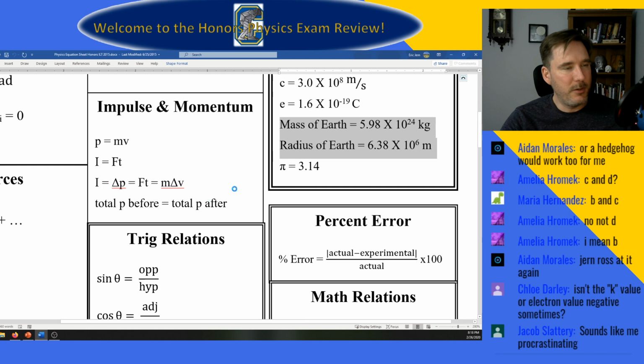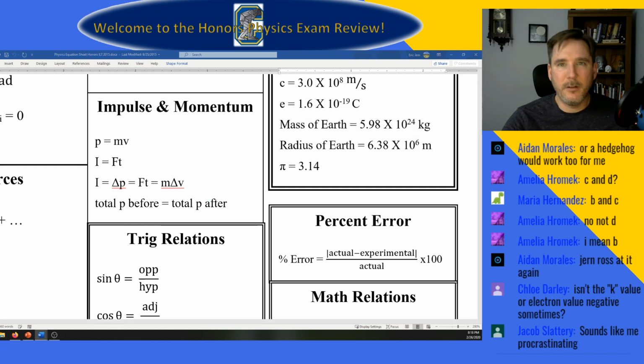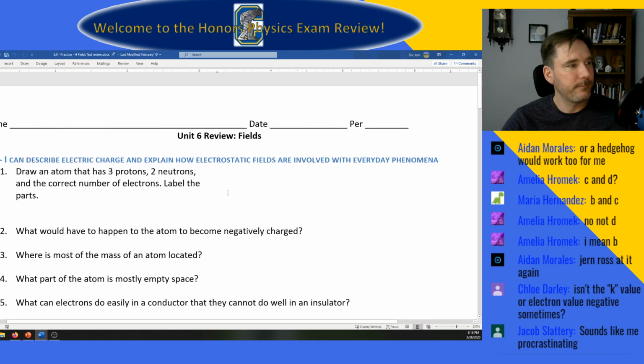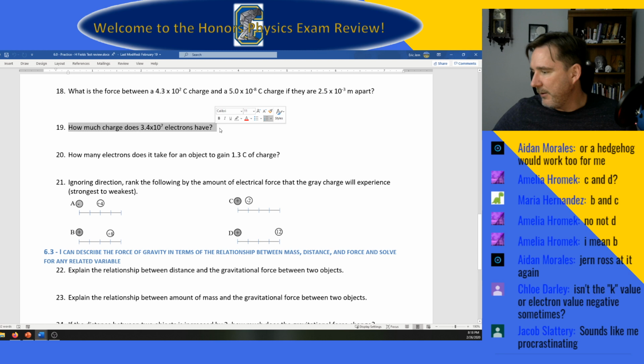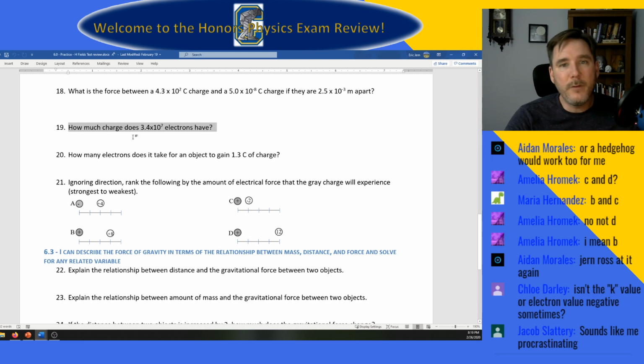Here's a question you're going to get, and this goes to your question, Chloe. This is the review guide I gave my class, and I'm guessing Zwartz gave one similar. I have it online now. Whenever you see a question like this, how much charge does an electron have? The question is